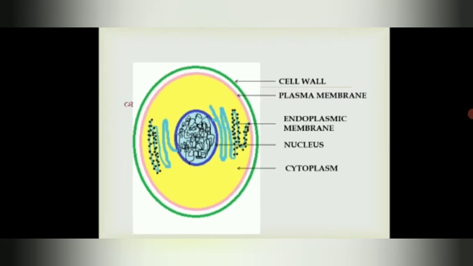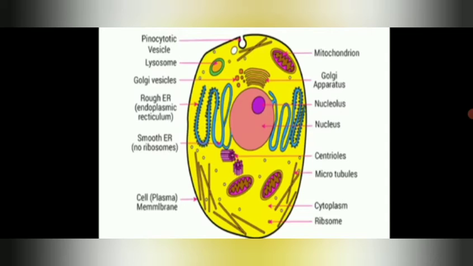Here you can see one rough structure. As we study a new cell organelle, I am going to add that in this picture. So this is an endoplasmic reticulum. Here you can see all the cell organelles which are present in a cell. This is an animal cell, because the outermost membrane here is the cell membrane, and we have already learned about the cell membrane, nucleus, and cytoplasm.